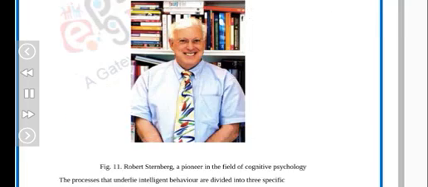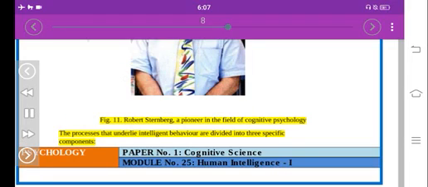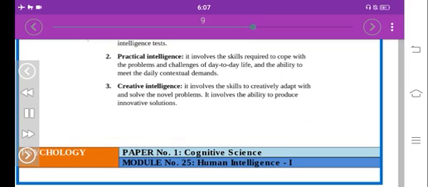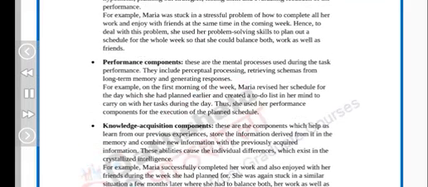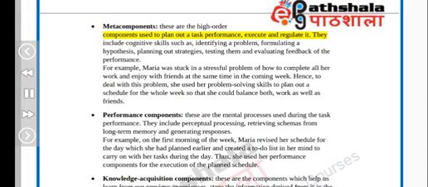Figure 11. Robert Sternberg, a pioneer in the field of cognitive psychology. The processes that underlie intelligent behavior are divided into 3 specific components. 1. Metacomponents. These are the high order components used to plan out a task performance, execute and regulate it. They include cognitive skills such as identifying a problem, formulating a hypothesis, planning out strategies, testing them and evaluating feedback